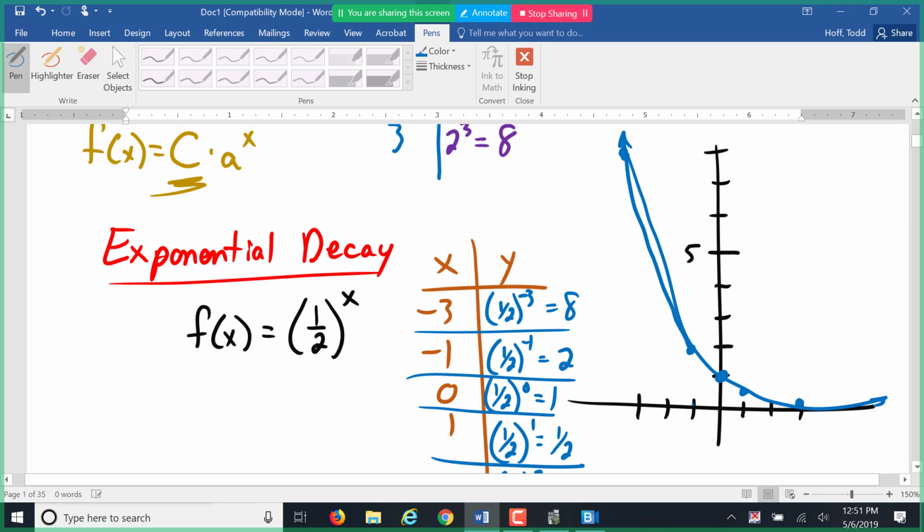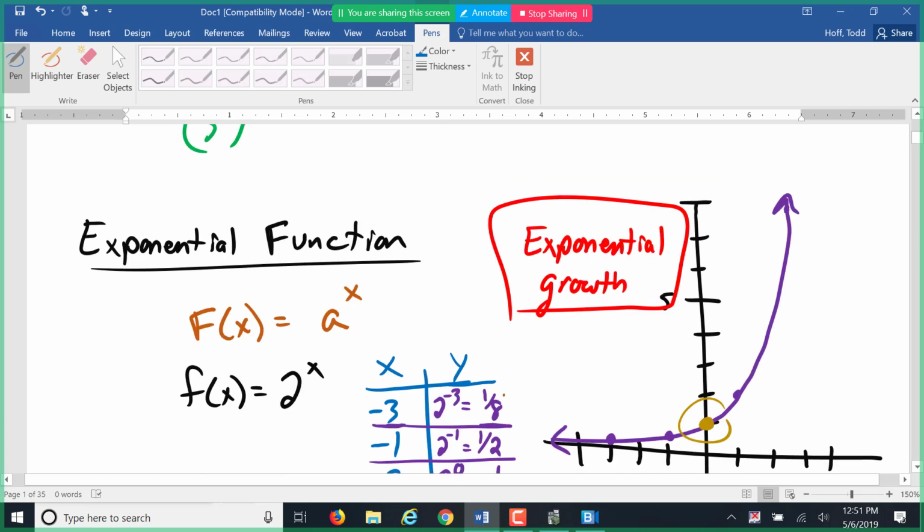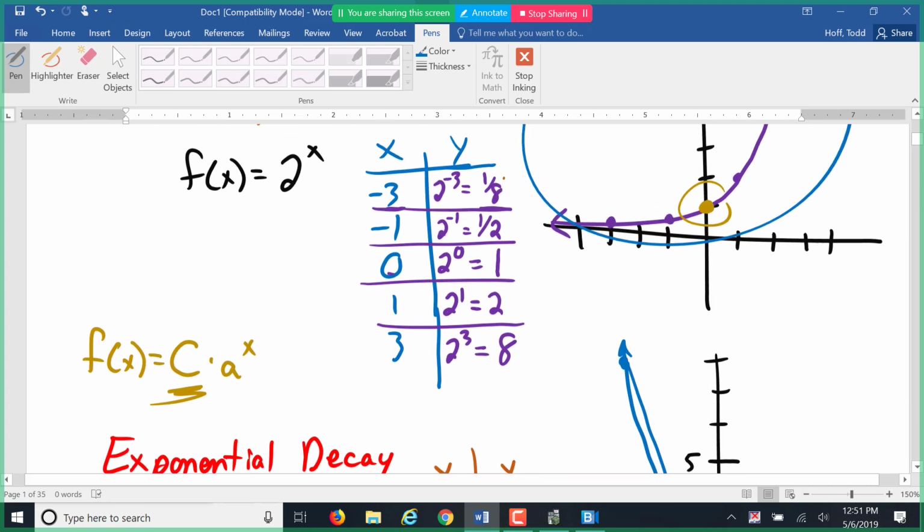So we get that curve. Notice this curve here is just the reflection, left to right, or about the y-axis, however you want to put it, of the curve we had up here. The reason those are reflections is because